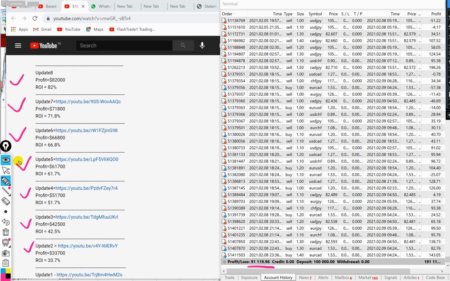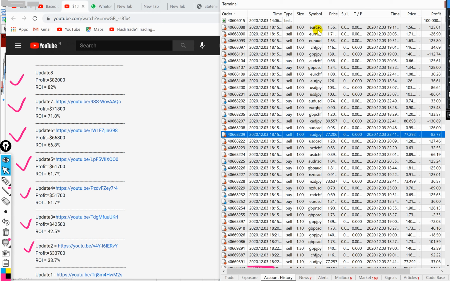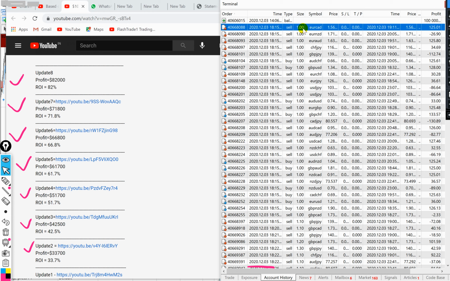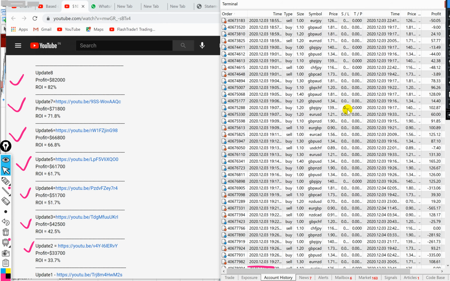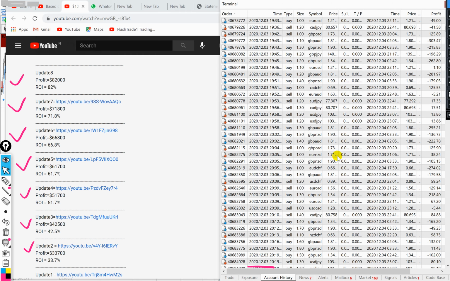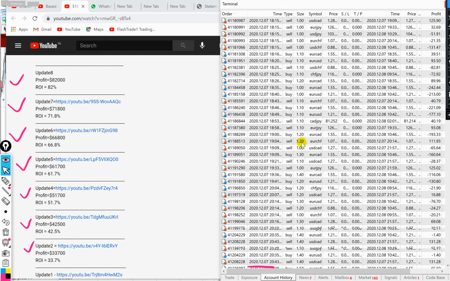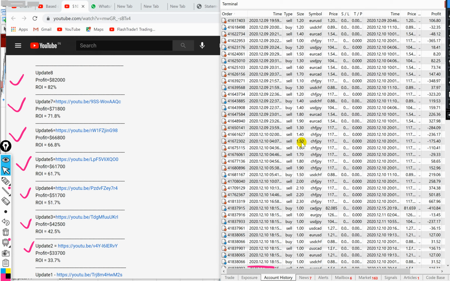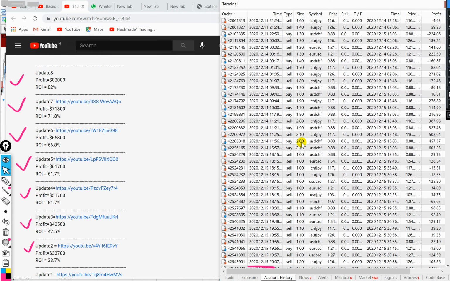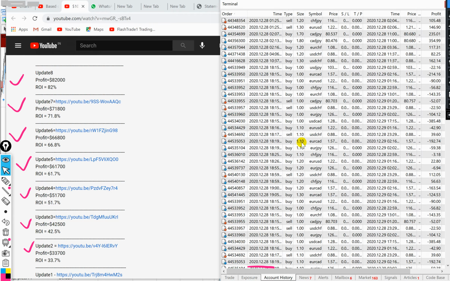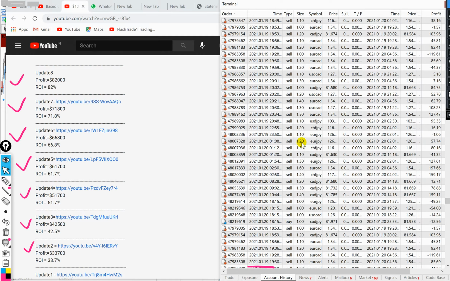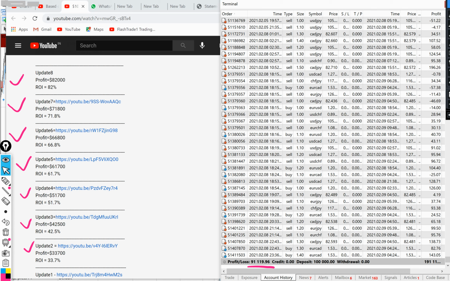Also, just keep checking the lot size of the account, which is kept constant during the entire trading. You can see the first trade on this account was placed with one lot size. Here the one lot size is kept common. Sometimes it has been increased to 1.2, 1.4, 1.5, 2, 2.1. A lot size bigger than 2.5 is not traded on this account. So we can say that here we are trading with fixed lot size. The last trade was with 1.4 lots.